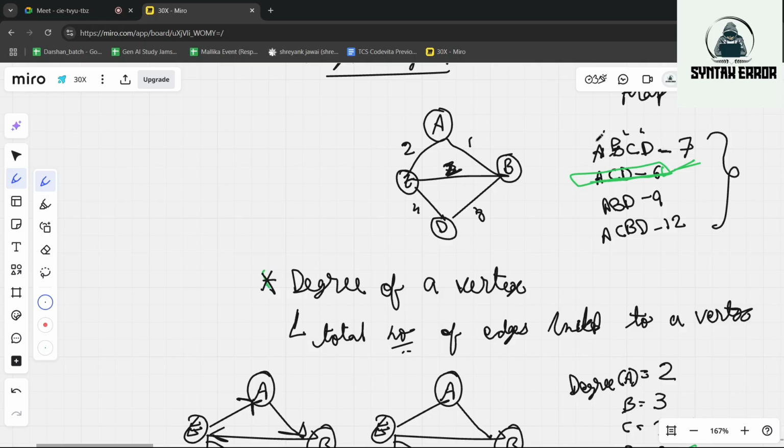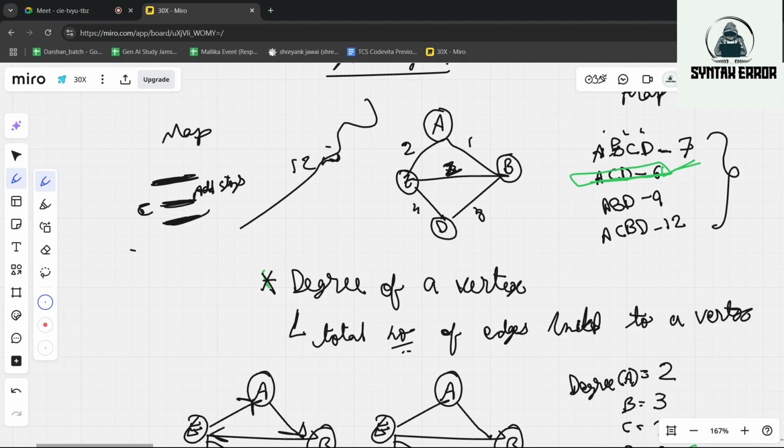Where will this be used in real case scenarios? In a map, right? You get the from and the destination. It will show you the distance, like 20 minutes or 12 minutes. Later there will be an option called add stops. When you click add stop, you can see C or B or A, wherever you have to stop. You have to travel from your current location to the destination, but in that path you have to add this stop also.